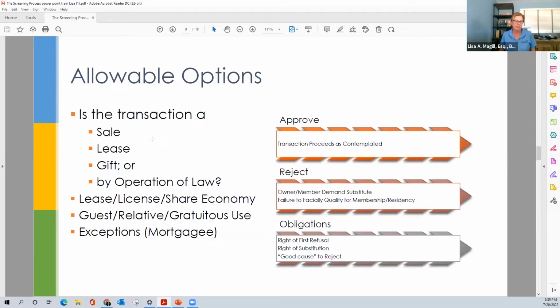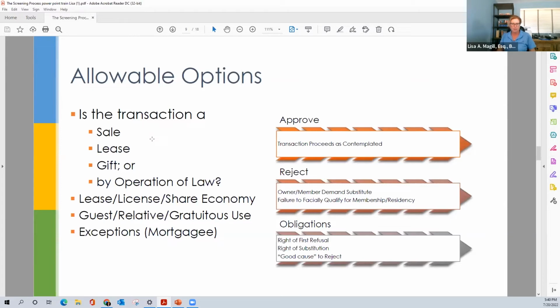And there was actually a case about this that happened in the Ocean Reef community down in the Keys, Key Largo, where there was some history between this person and the association. It's not really clear from the case law itself, but the property was owned by a trust. The grandmother was the trustee of the trust, and they had owned it for many, many years. The trust then deeded the property via gift to the grandson, who was an adult. And the grandson was the person that had some kind of history with the association.